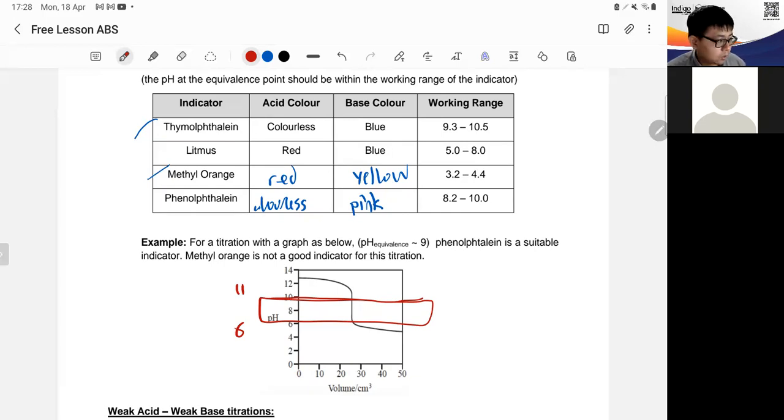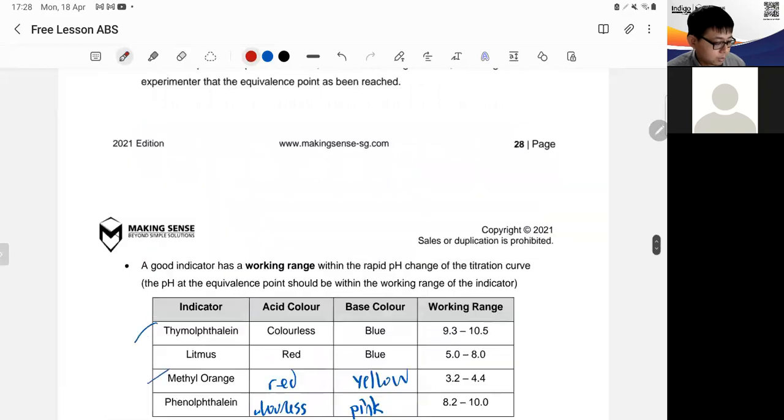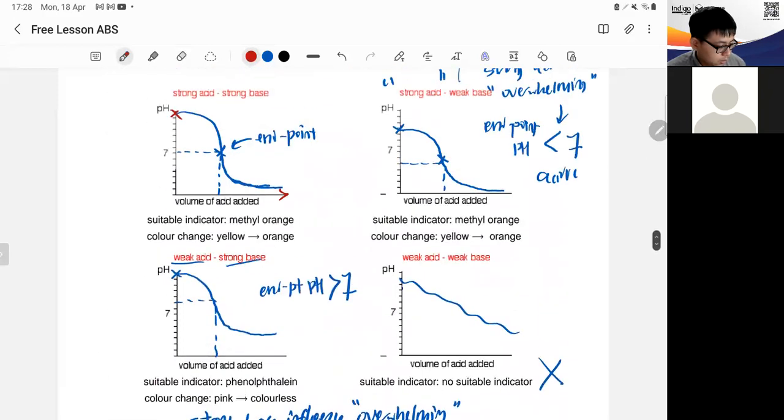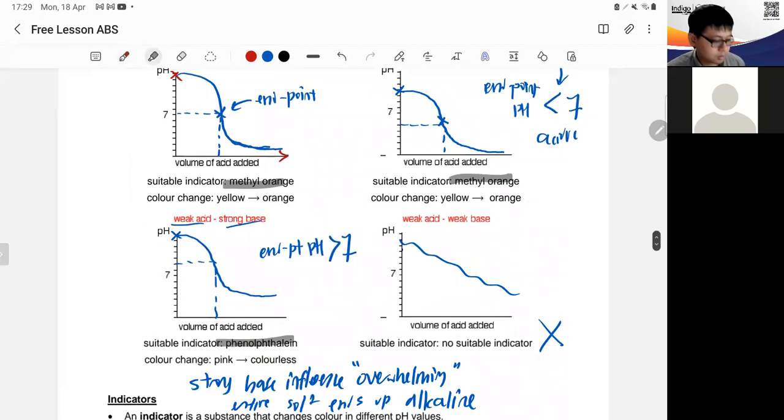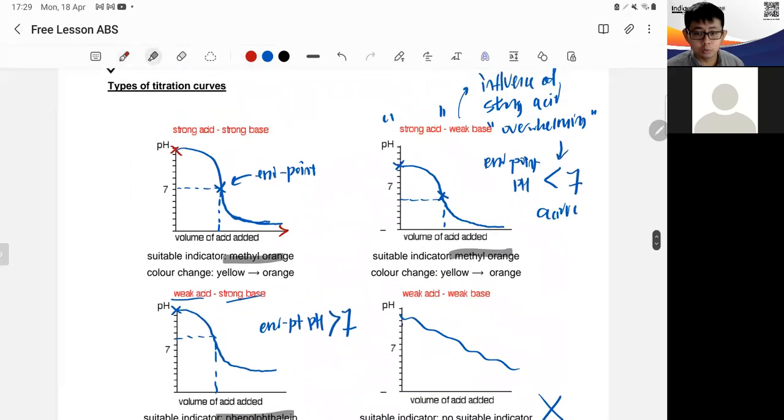So let's go to the previous page and look at another example. Can you see there are certain things here that we use? Methyl orange is good for a very generic kind of titration, simply because its endpoint is definitely less than 7, with a range of maybe 2 to 8. So if that is true, methyl orange is good. I can't use phenolphthalein because